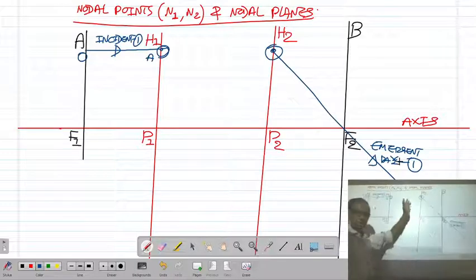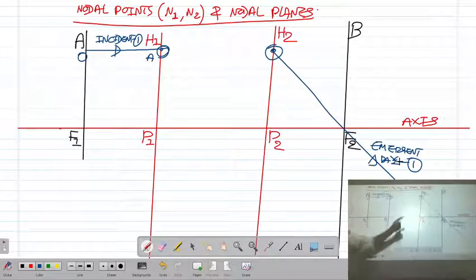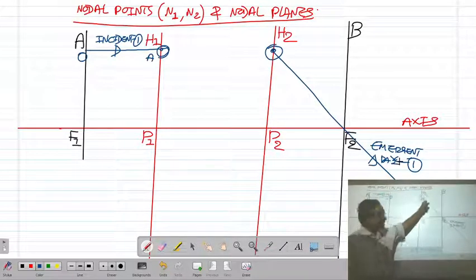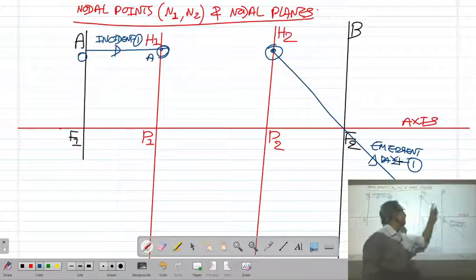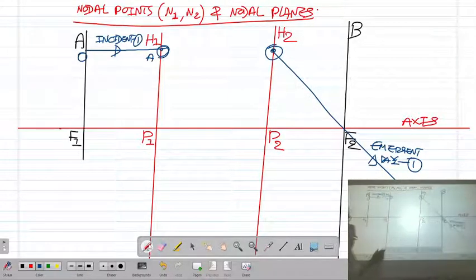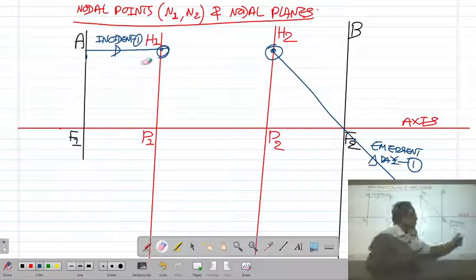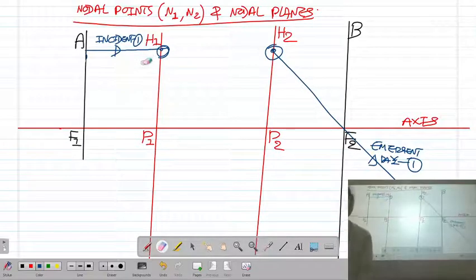This theory you studied already. A ray of light traveling parallel to the axis is incident at point H1 on the first principal plane. Its conjugate ray will emerge out from point H2 and pass to the second focal point F2. So AH1 is the incident ray and H2F2 is the emergent ray, right? So we write in short.